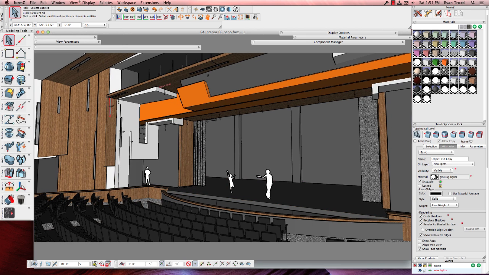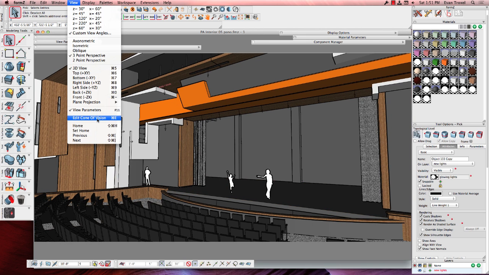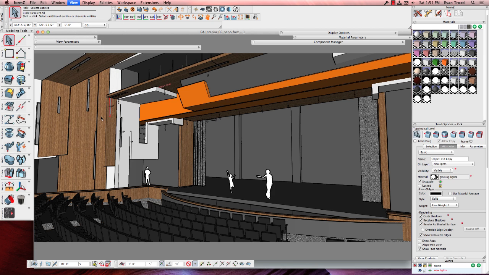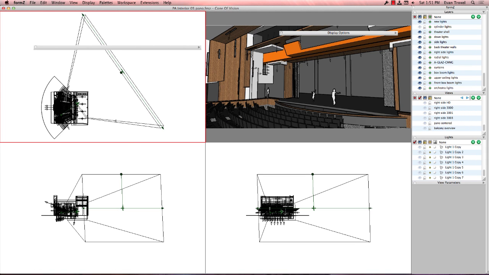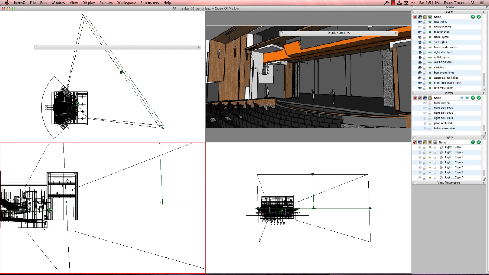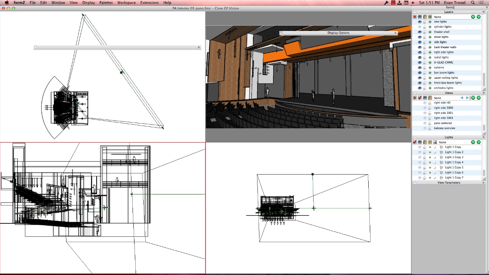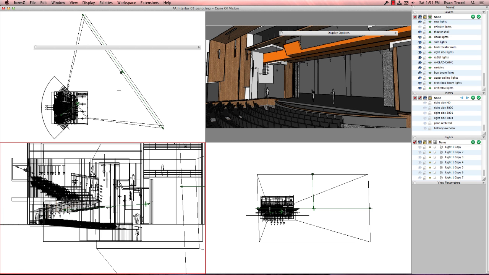So in Form Z, we have Edit Cone of Vision, which is Command E on the Mac or Control E on PC. And what I'm going to do here is move my camera kind of into a good position for a panorama. Now, there's only a couple things you really have to know about this. Number one is you should have your camera be flat in the viewport. So if I zoom in on this view down here, in Form Z they have a